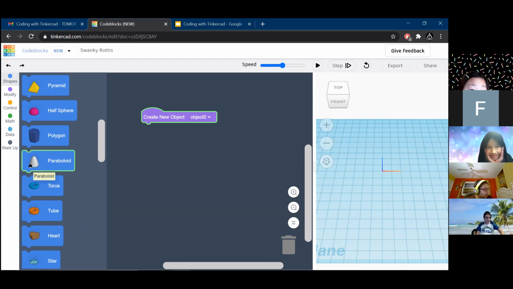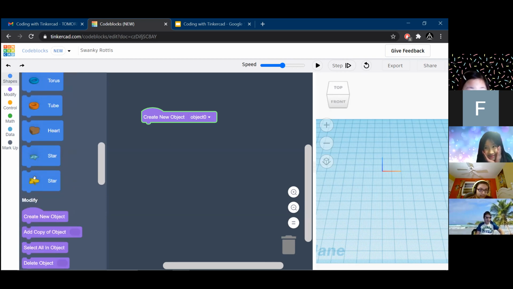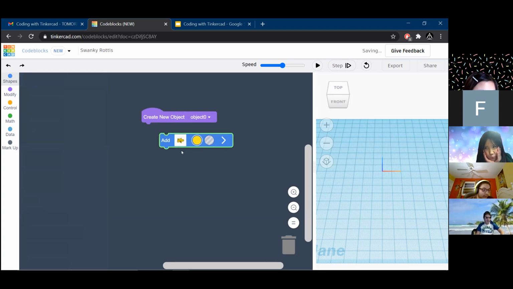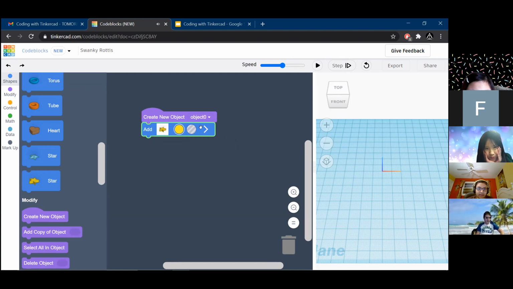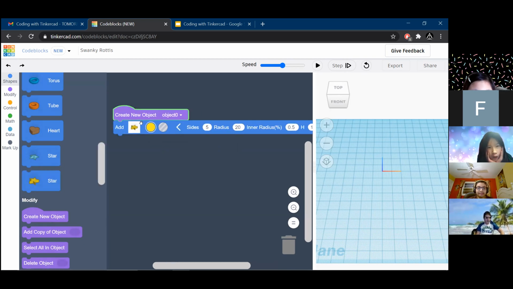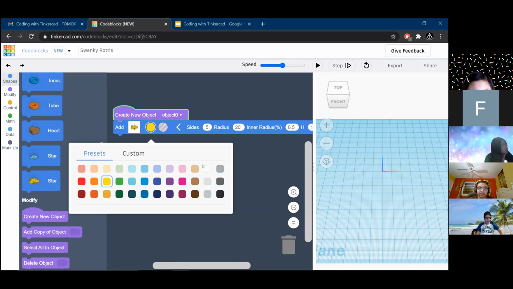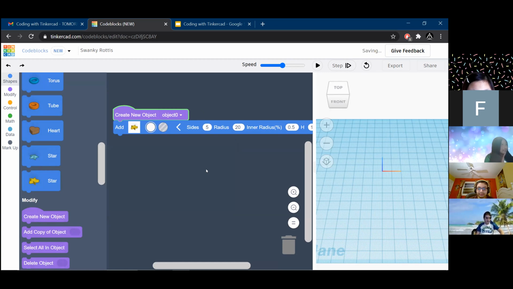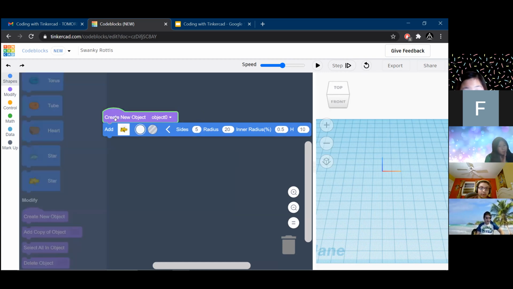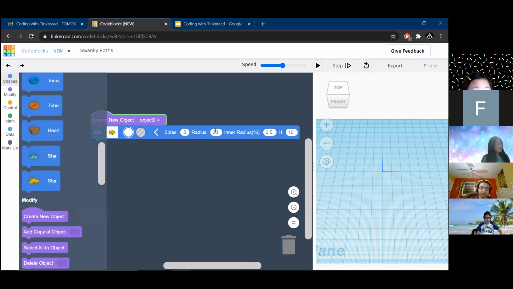So the first thing we're going to do is add a yellow star. If we scroll all the way down to the bottom, there is this yellow star, and we are going to drag that over. Since I want everything on the snowflake to be white, I'm going to click where it's yellow and make it white. But you don't have to if you don't want to, that's fine. Okay, now we are going to set the radius to be 6.